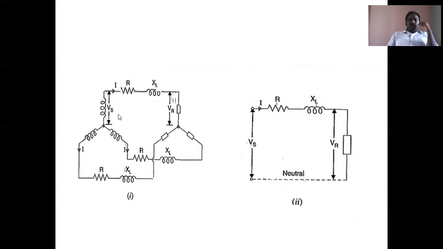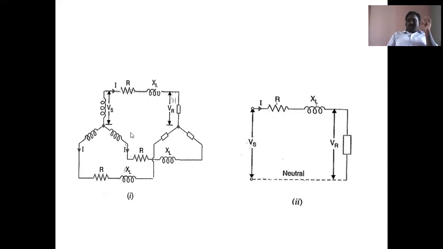So this is the three-phase representation of a star transmission line. Only inductance, there is no capacitance. This is R phase, Y phase, B phase. Each phase has R and XL, with the sending end voltage. This is the current; star system means the same current. This is a star connected three-phase transmission line. This is the supply side, the sending end side. These rectangular boxes represent the load impedance. That's why it is the receiving end side. This is also a star connected system.